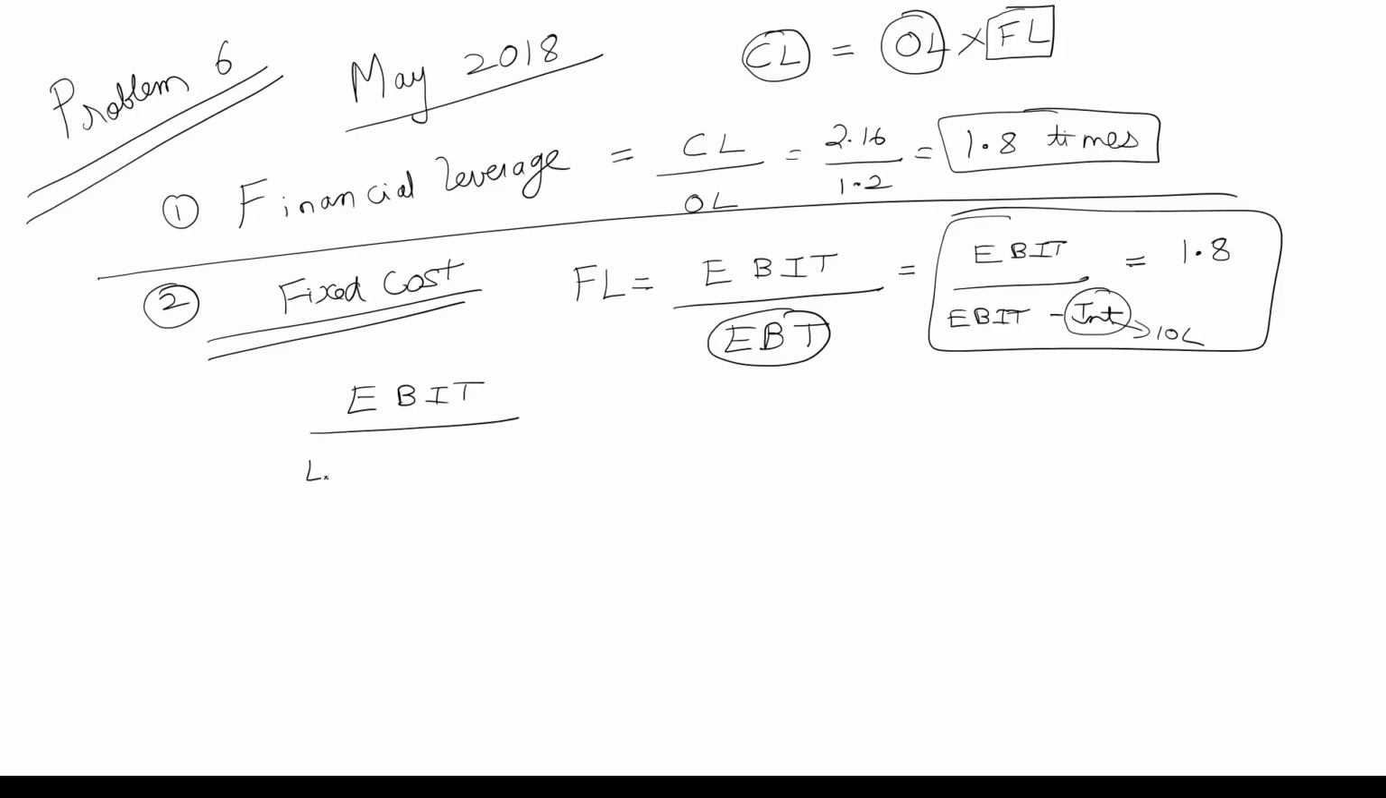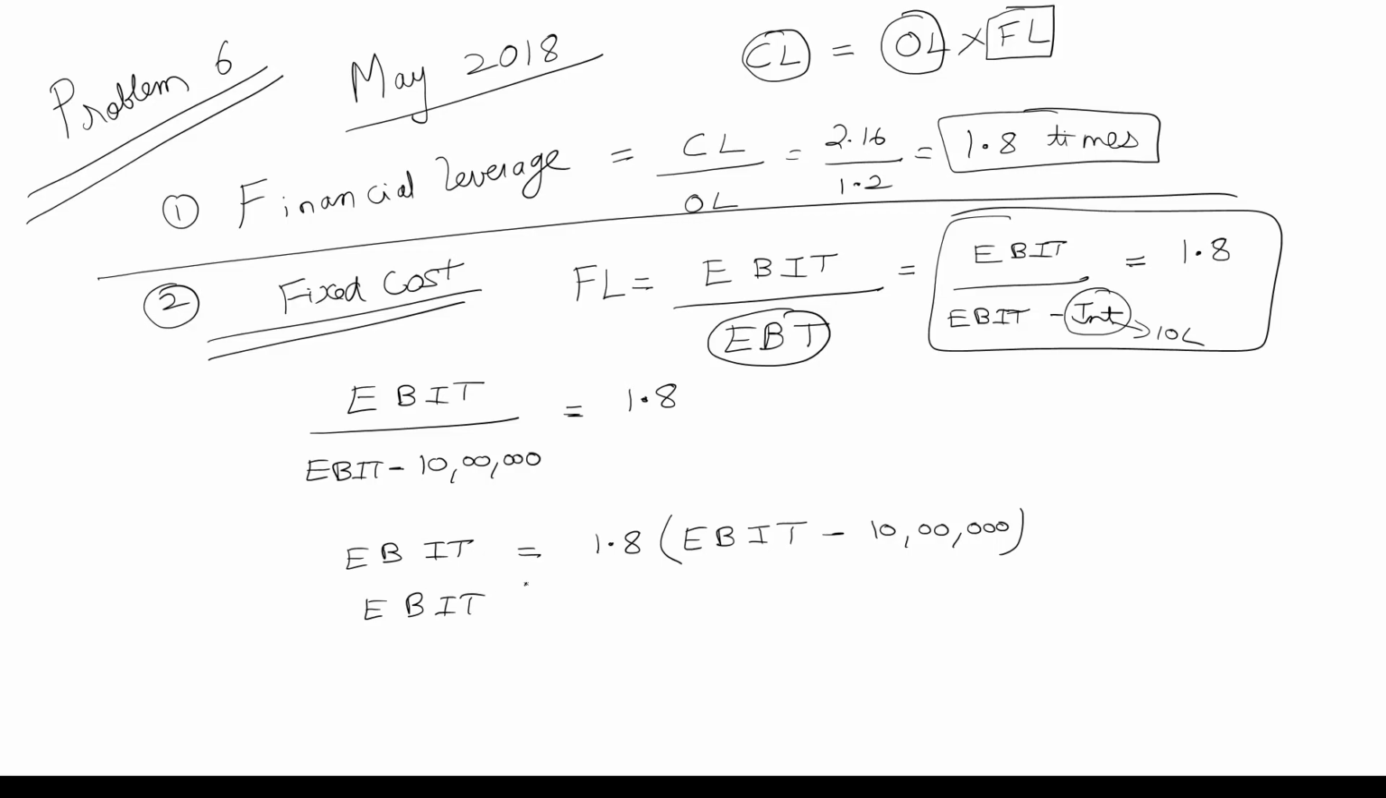EBIT divided by EBIT minus interest. Interest is 10 lakhs. So let me put that here: 10 lakhs is going to be 1.8. So let me take this to the other side. EBIT is equivalent to 1.8 into EBIT minus 10 lakhs. So if I just expand this, EBIT is 1.8